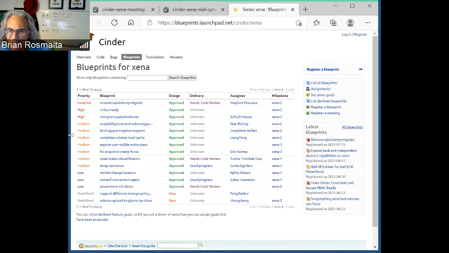The driver features declaration is R-8. So you just need to make sure you've got your blueprint proposed before the meeting next week so that we can talk about these and give you feedback. It's the basic idea.